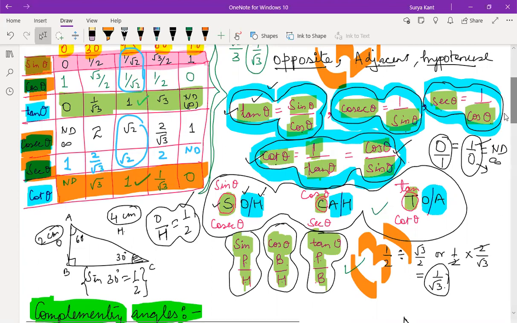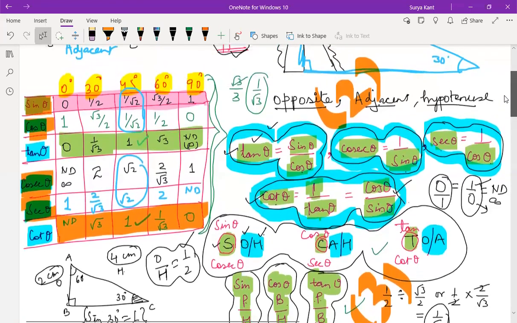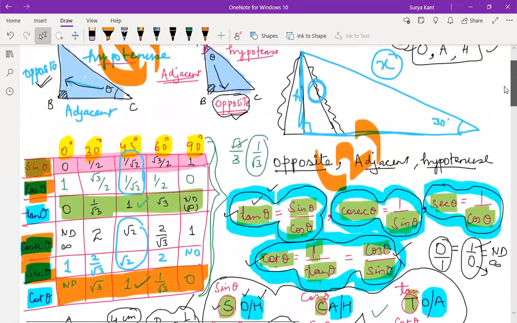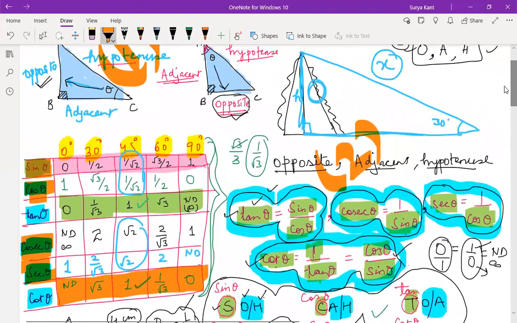Here everyone will understand. If you remember this, children, nobody will have doubt while solving. Now see, this is the degree sine. Only the first line you should remember here, children. If you remember the first line, everything is easy. Sine zero value is 0.